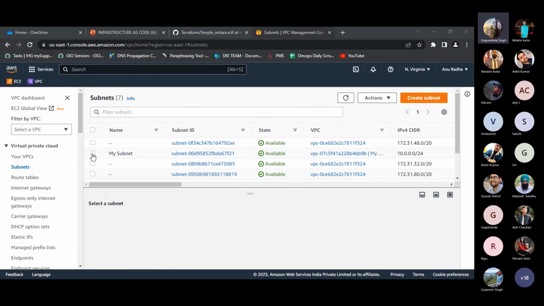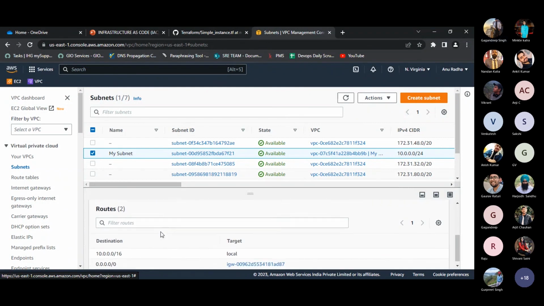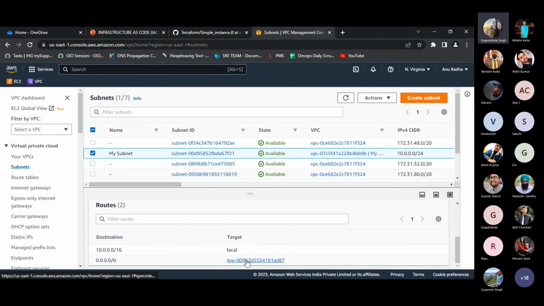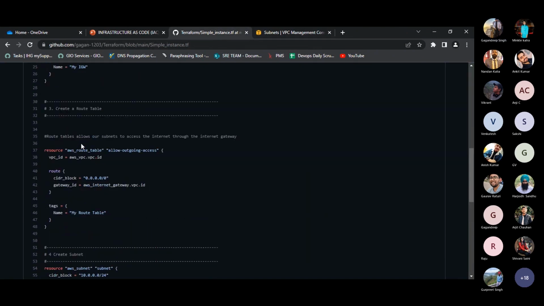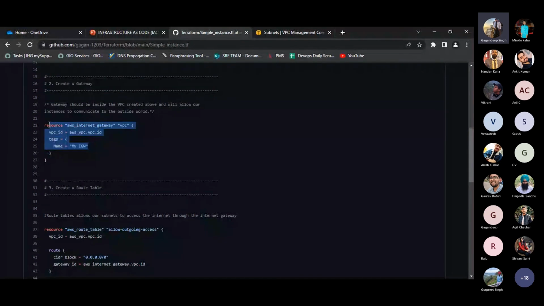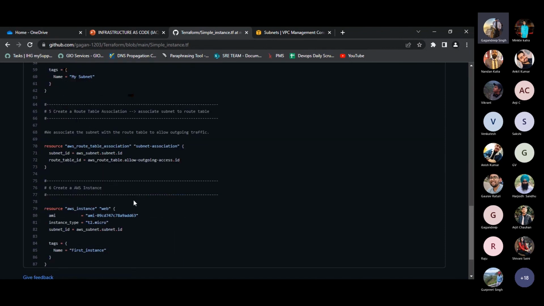If we want to check our association, we will go to subnet and we can see the route table over here. So this is the internet gateway that we have provided. This was our internet gateway, this was our route table, this was the CIDR block that we have given, and this was the route table association.